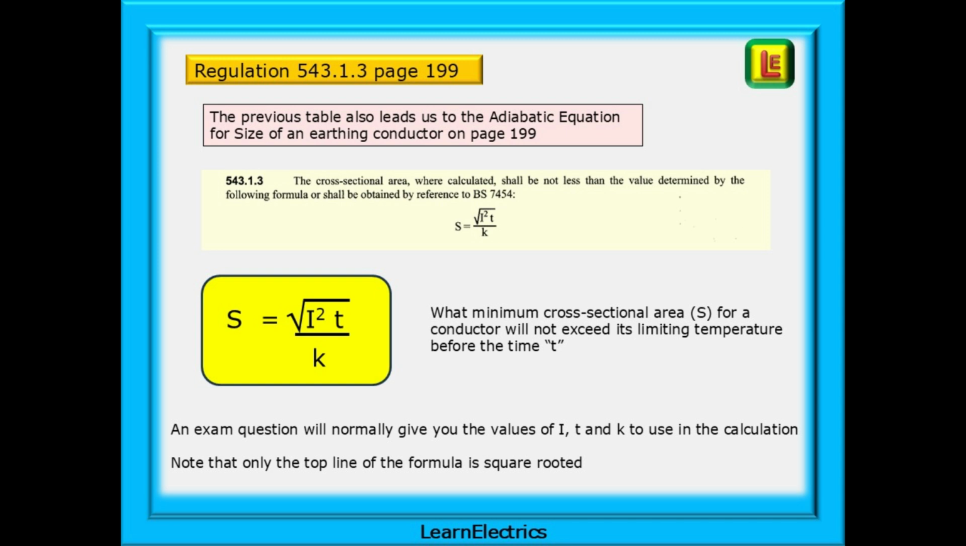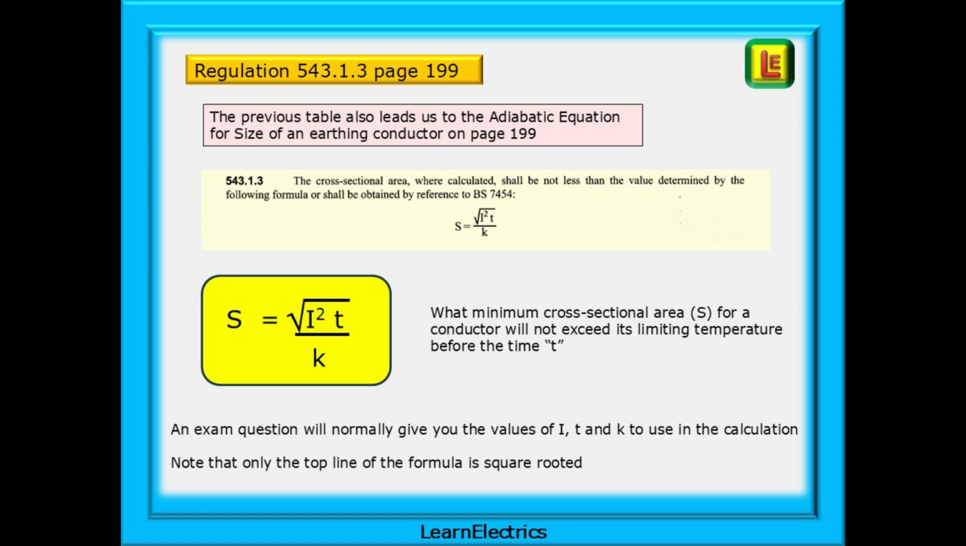This almost always comes up as an exam question. This is regulation 543.1.3 on page 199, and the equation is shown here. The equation tells us that S, the size of earthing conductor, is equal to the square root of I squared multiplied by T and then divided by K. It tells us that the minimum cross-sectional area S for a conductor will not exceed its limiting temperature before the